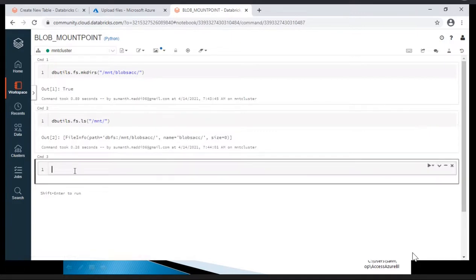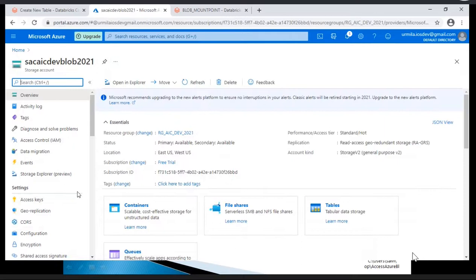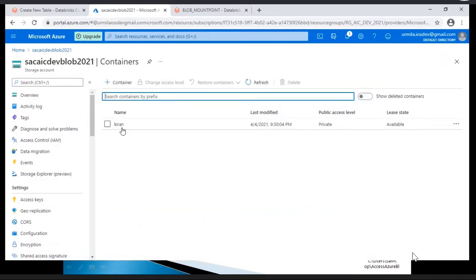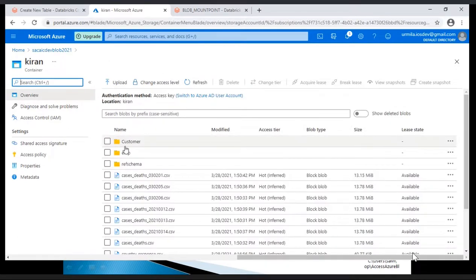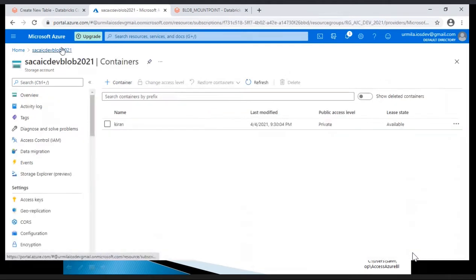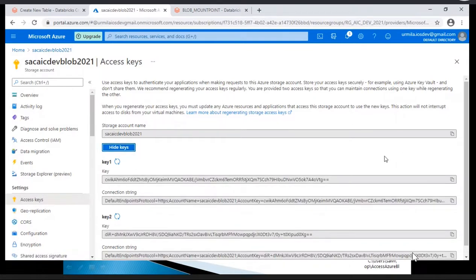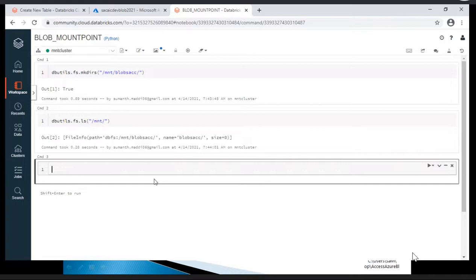The second step, we should provide the configuration details. Let me go to the storage account. We'll see the customer.csv data. Here we have the key details. Otherwise, we can create the shared access signature. The second step, we should create the